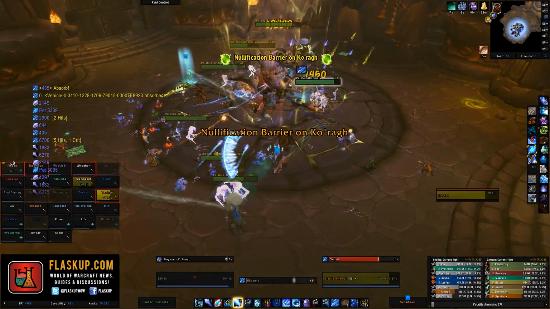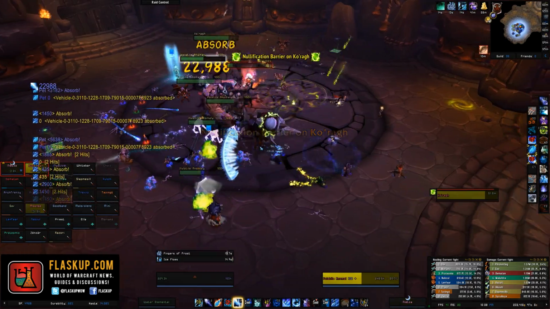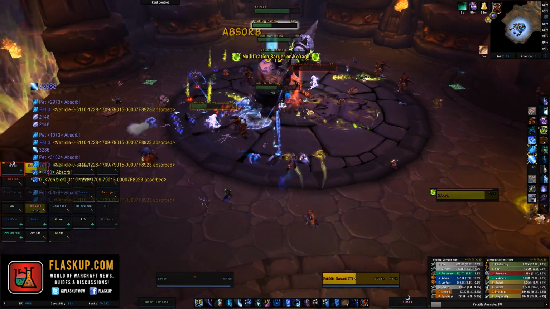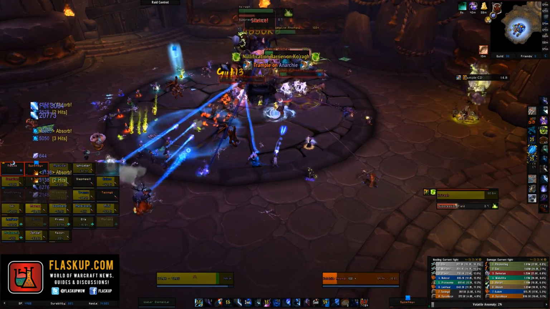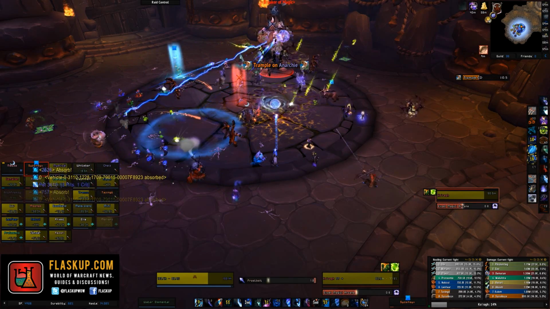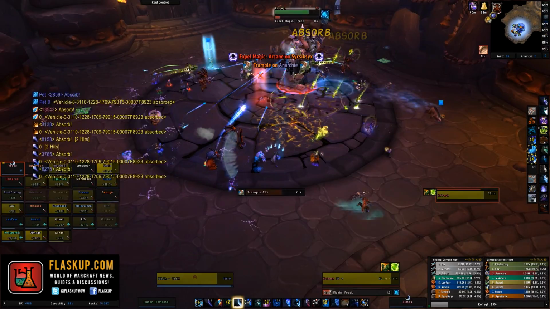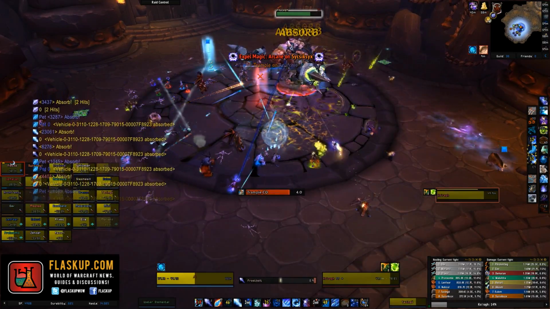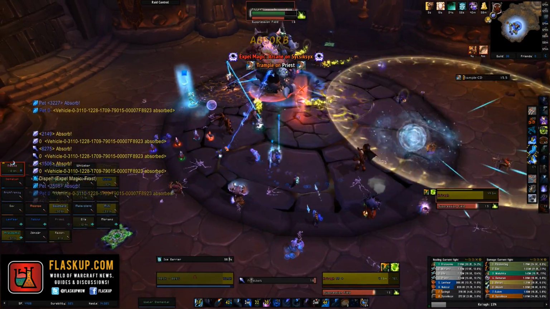The first thing you need to be aware of is something called Nullification Barrier. This will cause the boss to protect himself from all magic, absorbing up to a very high amount of magic damage. So this means if you are a spellcaster and you're attacking him, you will knock off the Nullification Barrier and not his actual health. So this is where it will be useful to bring some non-spellcasting DPS with you, so that they can also damage him, as well as having spellcasters that bring down the Nullification